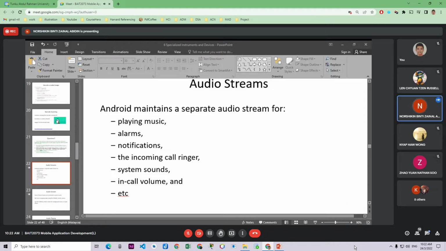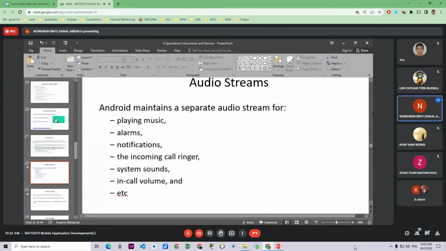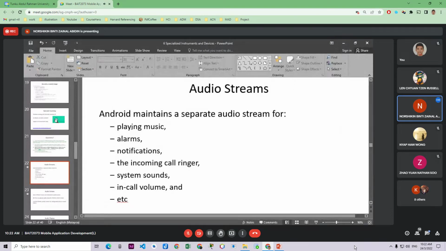So, hi everyone. Let's continue with our next part, audio stream. Android maintains a separate audio stream for playing music, alarms, and so on.